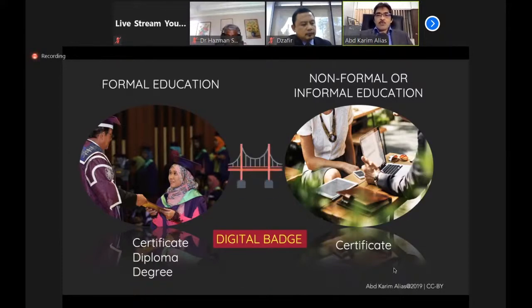So this is where we are bridging the non-formal and informal education to the formal education, and this will really open up a lot of avenues for everyone, including the lifelong learners. And the enablers here, we should leverage on what MQA has offered in the form of FLA, FLC, and soon FLQ. All these are actually the enablers and the instruments that would provide the flexibility.